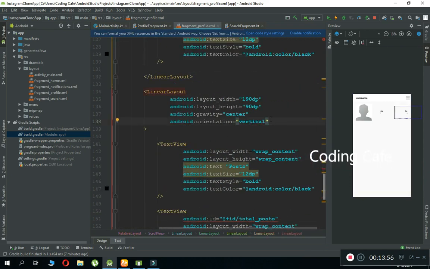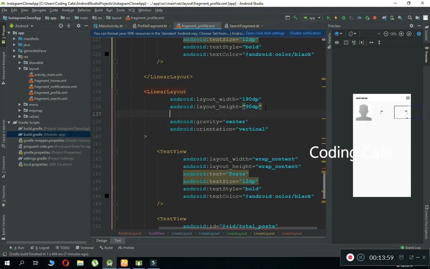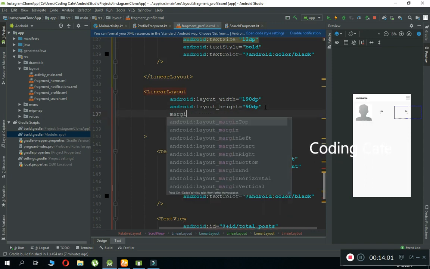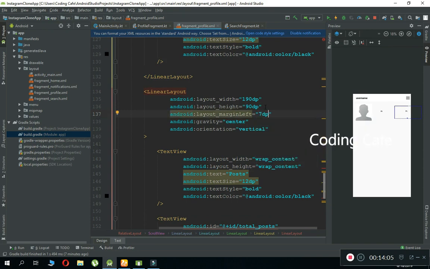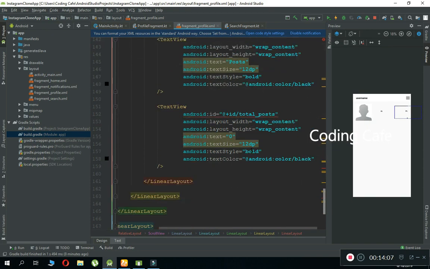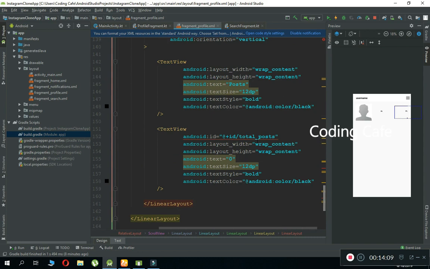So here we need to write margin left 7 dp, and then here we can say total followers, then we have followers,